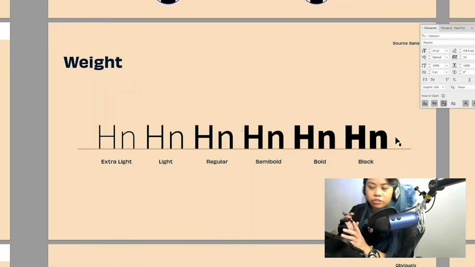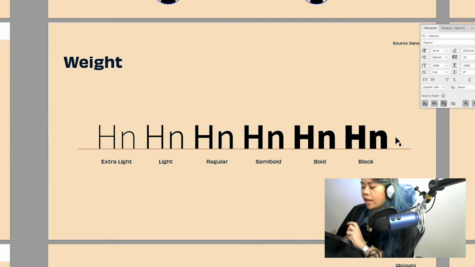Fonts and foundries tend to name it depending on however they feel, because that's just how they name it. It might be even in comparison with the other fonts in their typeface family. So one font's regular might look the same as another font's bold. But normally you can look at a typeface, get a sense of whether or not it's light or semi-bold